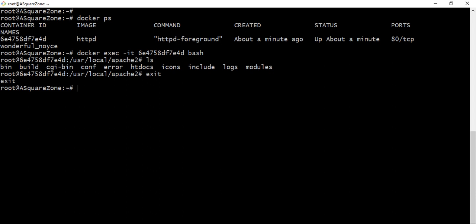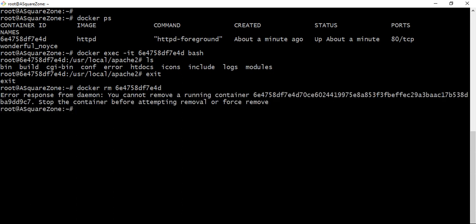And if we want to remove a container, we have to execute docker rm followed by the container ID. So it removes the Docker container here. You cannot remove a running container. First we need to stop the container and then remove it again.